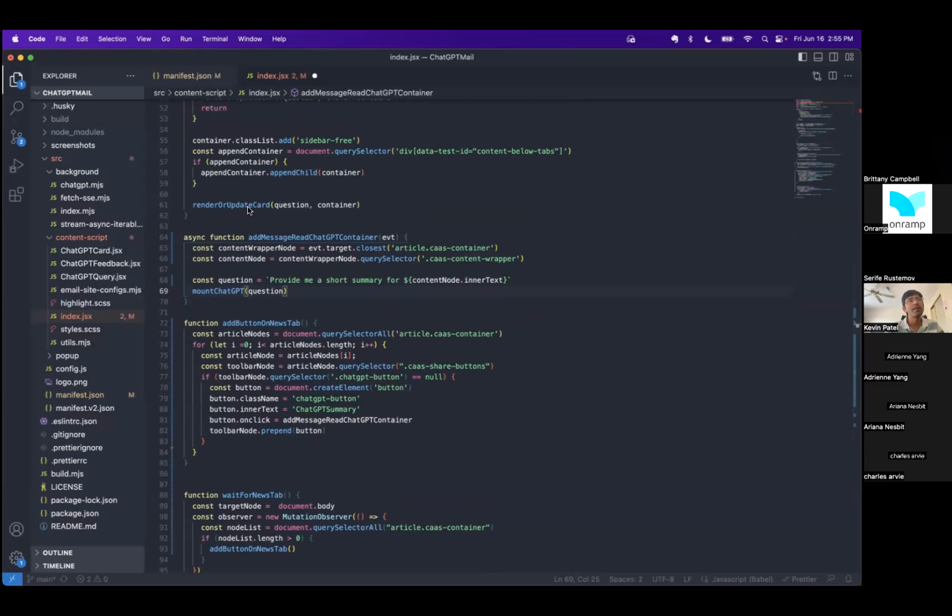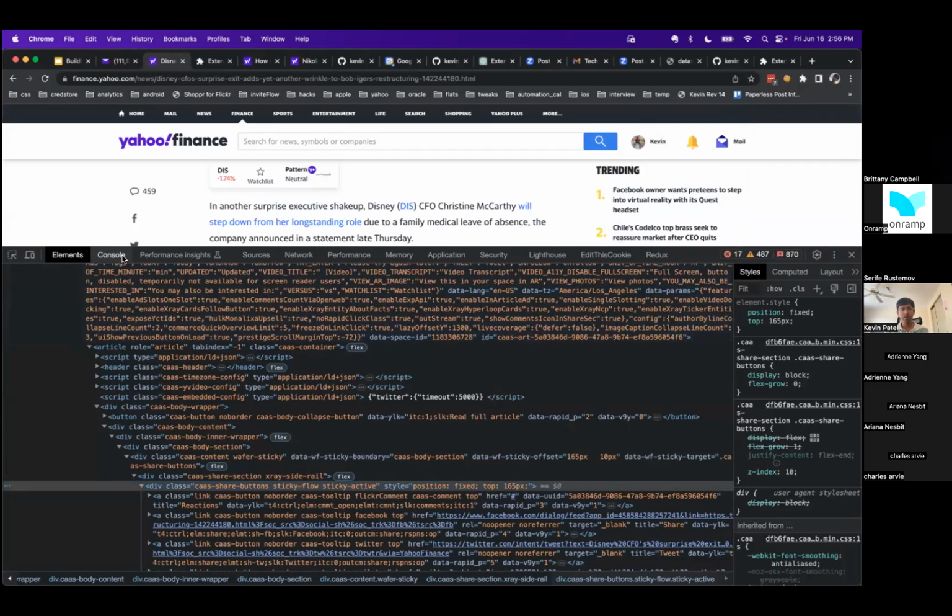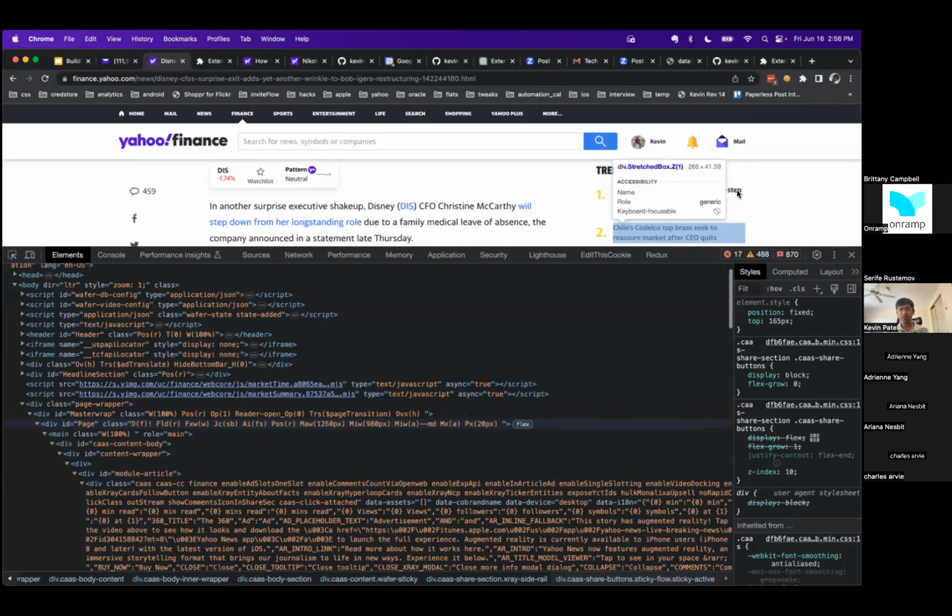And I think mostly it should be all good. The only thing is that the sidebar that we are mounting, wherever we are mounting this thing, that needs to change, because in my mail it is different, and in these things it is different. So the only thing here is, this is where the append container is. So instead of this, I will put it in this place,